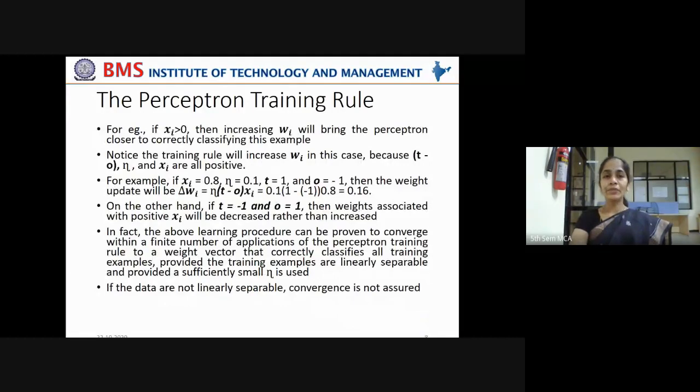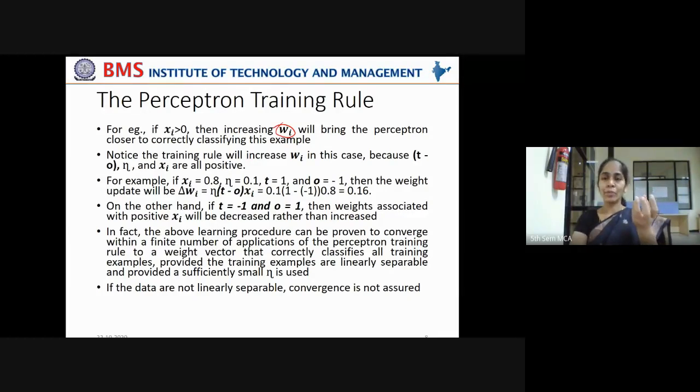Now, for example, if xi is greater than 0, then increasing Wi will bring the perceptron closer to correctly classifying this example, right? If xi is greater than 0, the input value is greater than 0, then increasing Wi will bring the perceptron closer to correctly classifying this example.